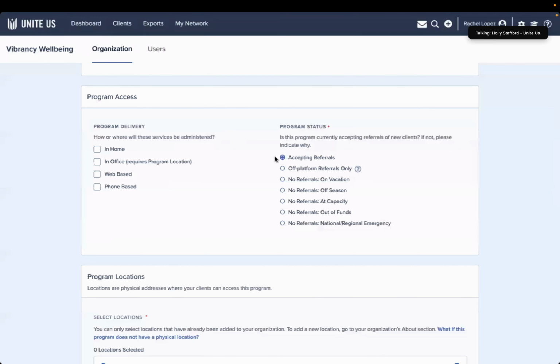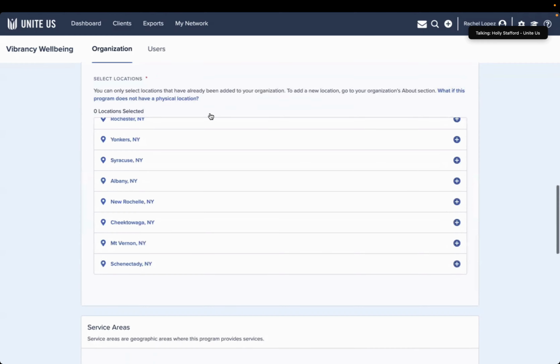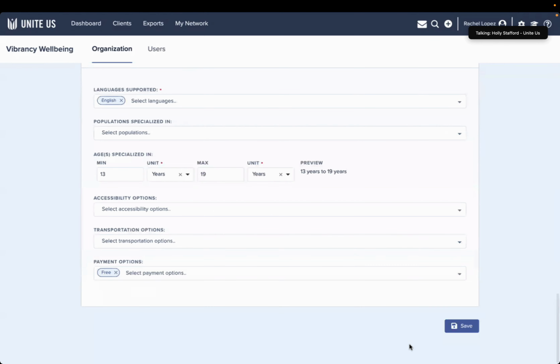If for some reason we need to not accept referrals for a period of time, perhaps like we have some folks on vacation and we're closed, maybe over the holidays, perhaps we are at capacity, I would just click that and then I would scroll down to the bottom where I can save my update. If I turn off the ability to receive referrals,